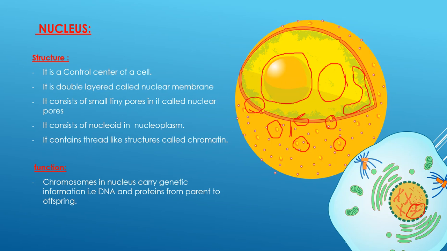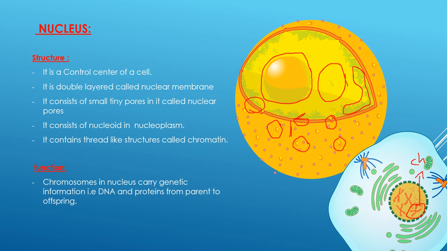When they combine with each other, they form rod-shaped structures. These rod-shaped structures are called chromosomes. These chromosomes contain DNA. What do they contain, children? They contain DNA. DNA is nothing but deoxyribose nucleic acid. So the DNA and proteins present in the chromosomes are mainly responsible for